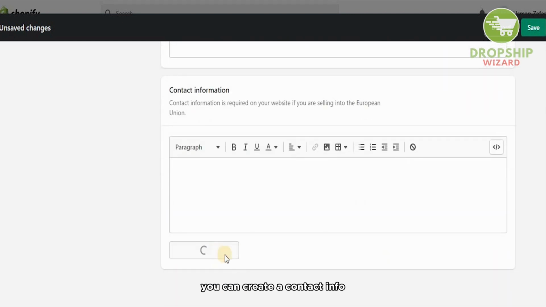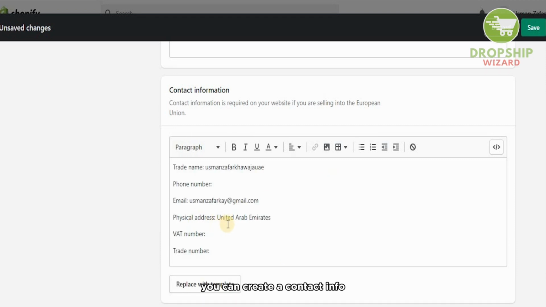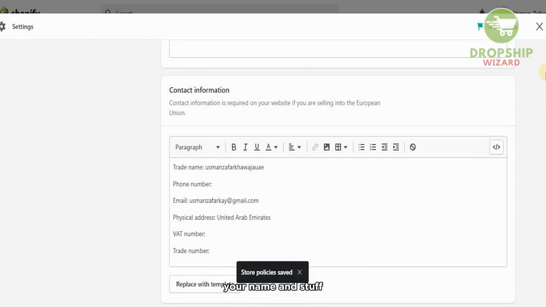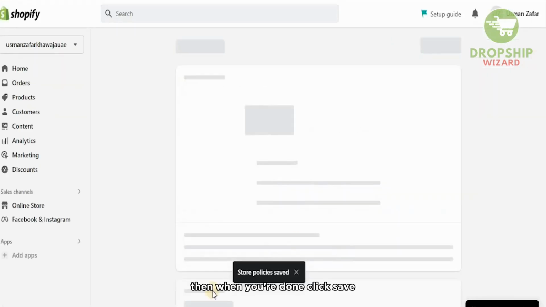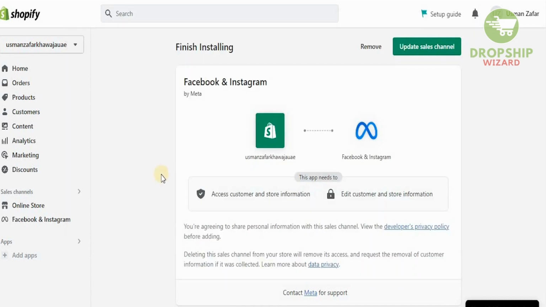And then if you scroll down, you can create a contact info, and make sure you choose physical address for your country, and then your name and stuff. And then when you're done, click save. And then the next step is